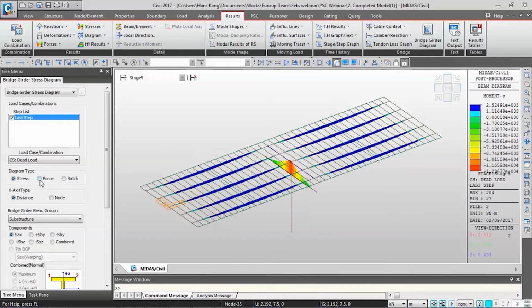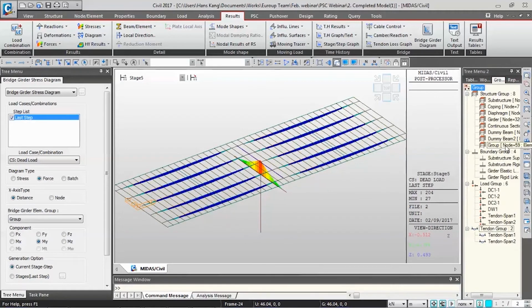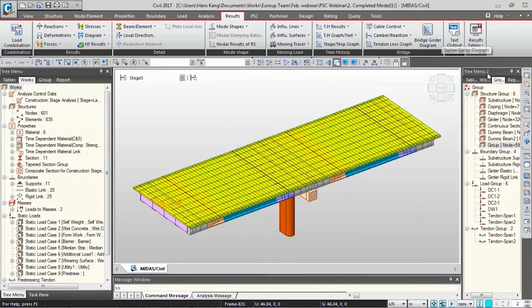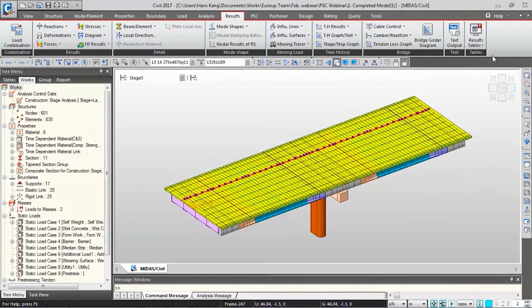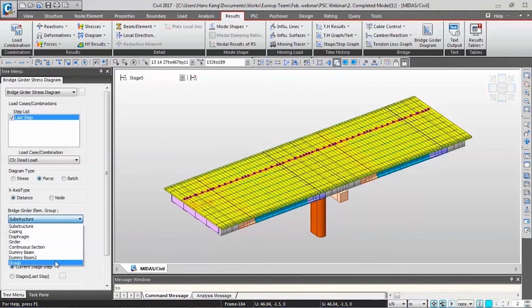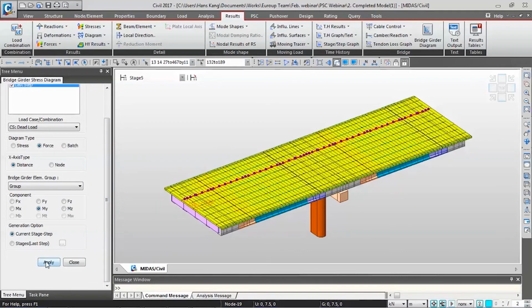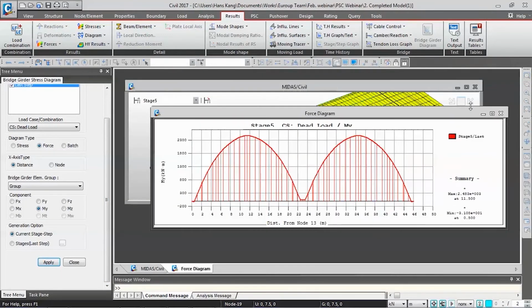Select the dead load, forces and the group, because I already set the group in the initial data, this group. I select this girder line and make it a group. And click the bridge girder diagram again, and select forces and the group for this girder line. And click apply. Then it will show us the